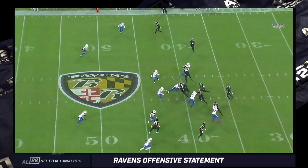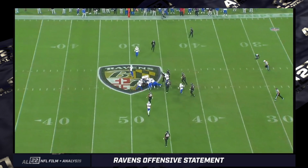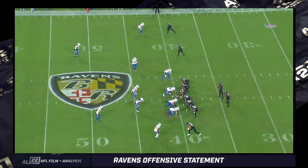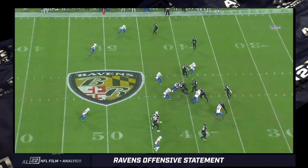Lamar doesn't give it to Henry. What you're taught in the option game if you misread something, and I'm not saying Lamar misread it. I don't think there's an angle to throw it to Likely or Andrews there. That doesn't mean anything about Likely, Andrews, or Lamar doing anything wrong. I think it's just well defended by the Bills initially. If you misread something in the option, any option team, generally you're taught follow the fullback if you do misread it. So this is another example of Lamar's pre-installed option reactions or option instincts coming into play because Derrick Henry